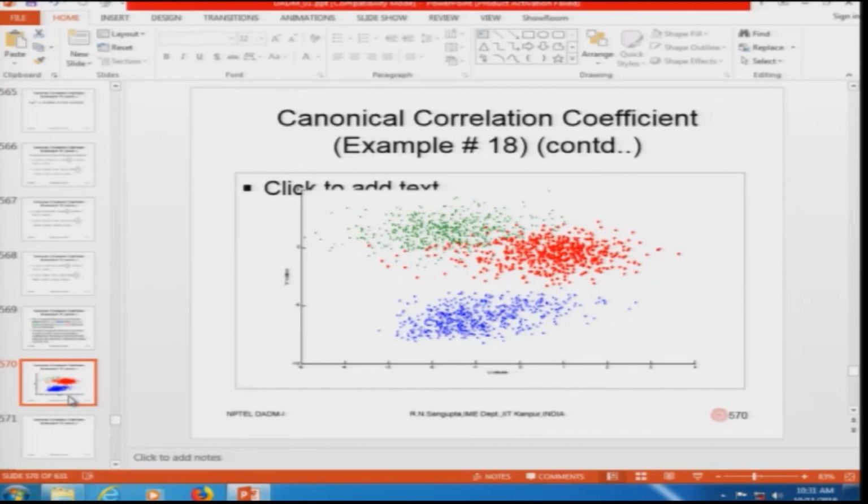So, this is the slide which I have added, the blank one, with respect to the correlation coefficient concept which I am going to explain for the u1 v1 combinations, linear combinations of x and y which come out by multiplying A with the x vector, B with the y vector, A and B being A1 and B1. Then we find u2 v2 by multiplying A2 with x, B2 with y. Then we find u3 v3, by multiplying A3 with x and B3 with y.